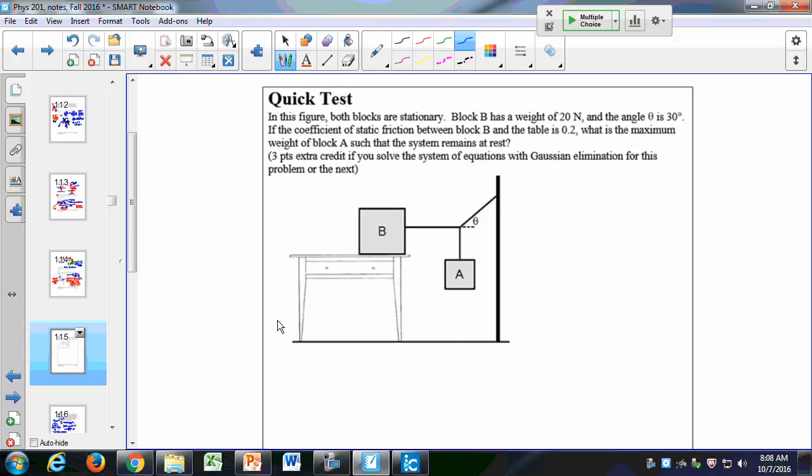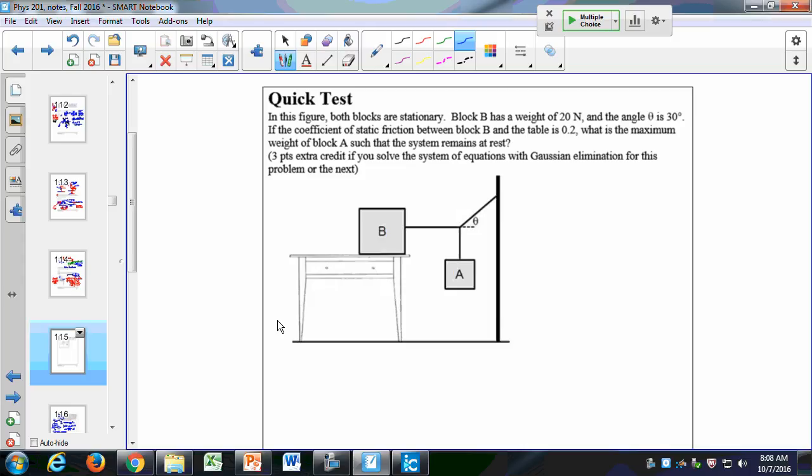Okay, let's start with this one. So this is a good indicator of what you would have on your exam, something similar to this. And there are other variations of this that include an inclined plane or don't include an inclined plane. But what you have here are two objects. You have the object A and the object B, and you want